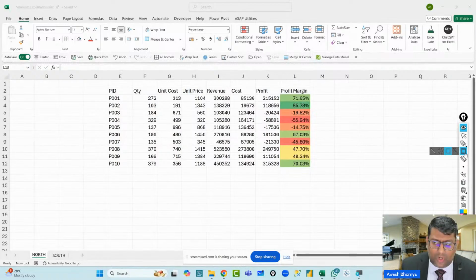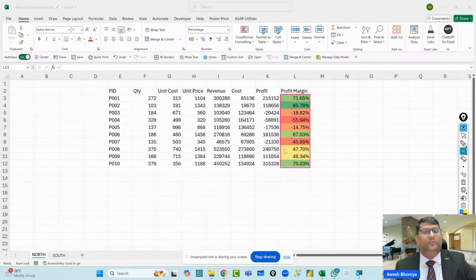Now, the question is, why can I not use the total of my profit margin calculation? First and foremost, a lot of people struggle with situations where they are working with aggregated data. For example, I'm working with the individual values. To find out the overall profit margin of the company, I cannot take a total of the individual profit margins.